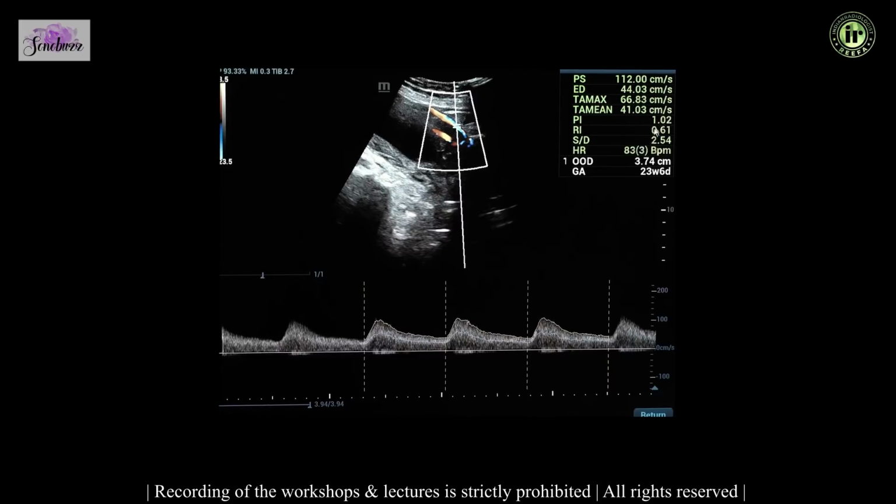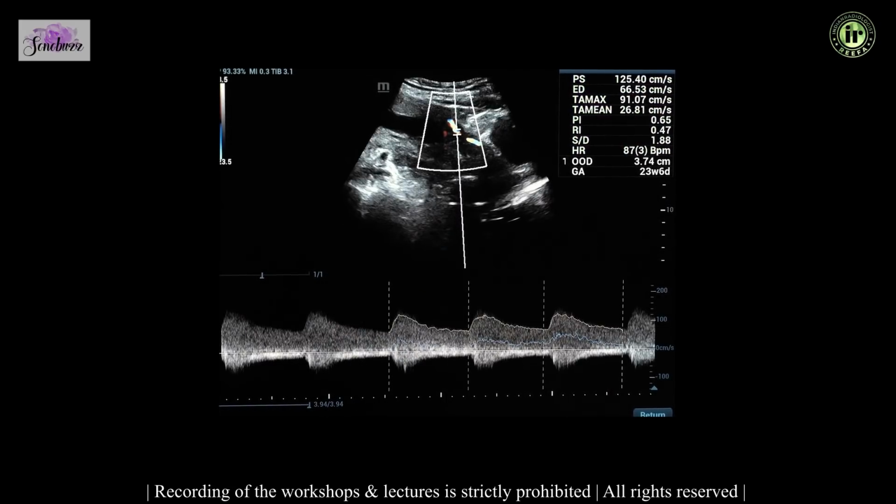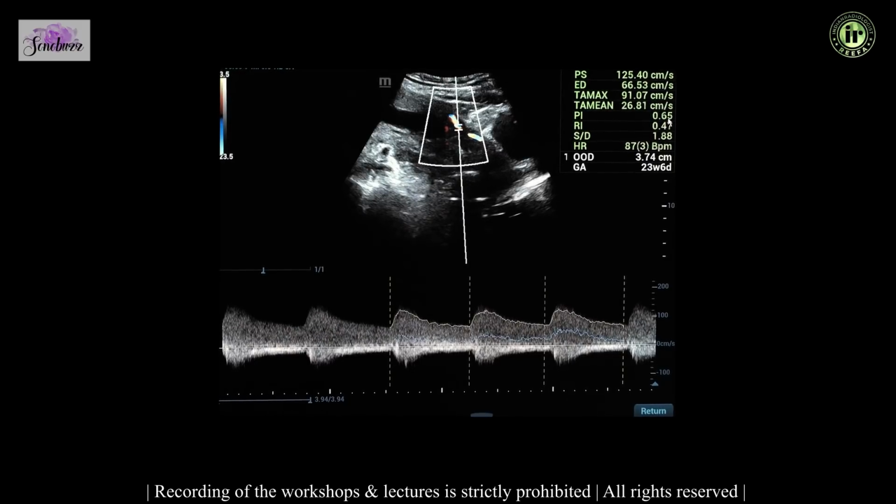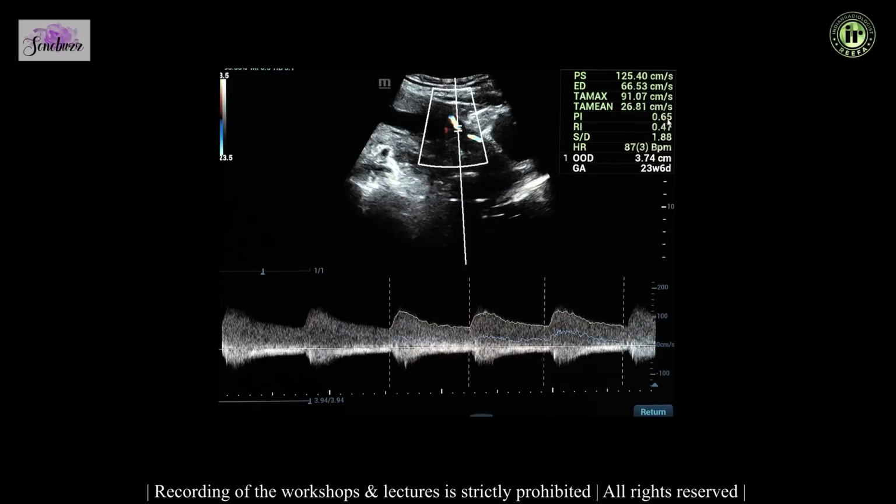So here, as you can see here, the PI is 1.0 and the next one, the PI was 0.6. As you can see here, it is 0.6. So you take the mean PI and then give it the value as mean uterine artery PI is so and so, and which is in the normal range. So if you are considering say 18 to 21 week scan, the upper limit of normal is usually at 1.4. So you can just remember it as a rough figure that it should always fall below that.